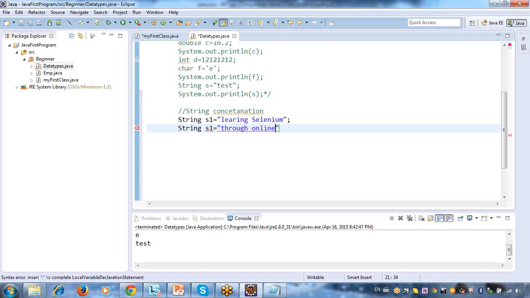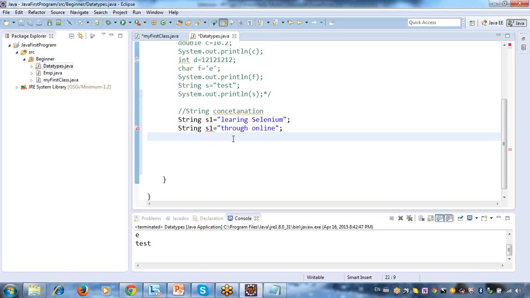Now I wanted to add these two strings. In strings, add means concatenation. Concatenation is nothing but whenever you want to add your strings, we call it concatenation.